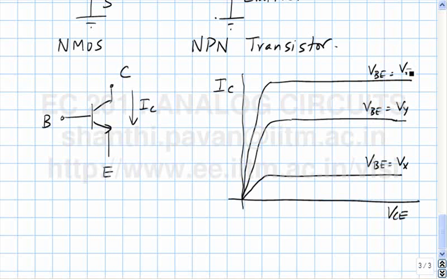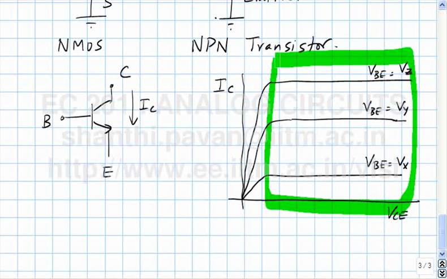And where will you get gain? Which region of operation would you want to bias the transistor to get gain? This is the region where you will get gain. Unfortunately, this region is not called the saturation region for the bipolar case. This is called the active region,